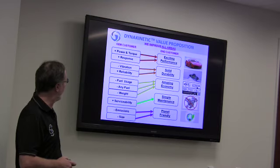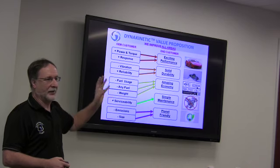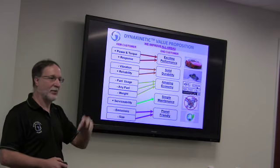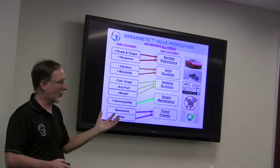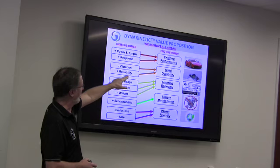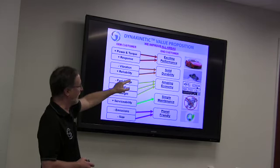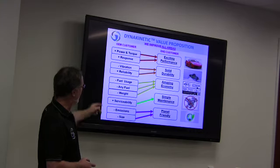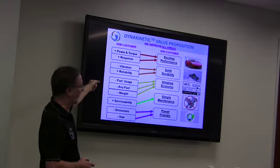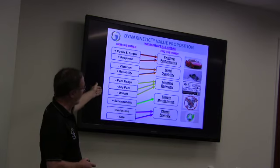So what does this mean to the end customer? We're a business-to-business business because we sell to businesses that then put our engines or our pumps in their products and go forward. But if we can do more power, more response, that gives our end customer exciting performance. If we can lower vibration, increase reliability, that gives you solid durability. If we have different fuel usage, better, we can run on any fuel, and we lower weight significantly, gives us